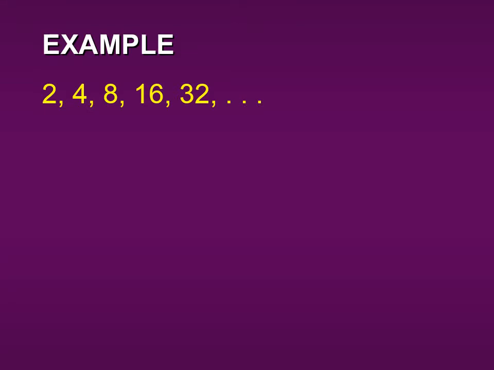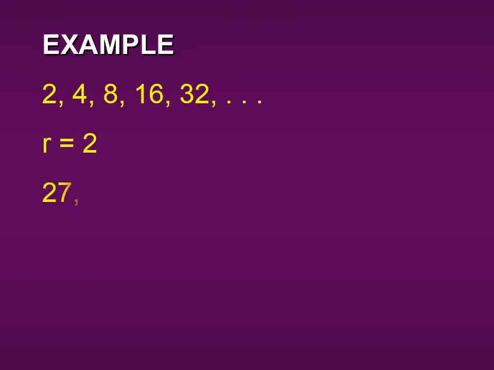to get from 2 to 4, we multiply by 2. To get from 4 to 8, we multiply by 2. To get from 8 to 16, we multiply by 2. Each time we multiply by 2, so that is our common ratio. That is our r. So our recursive formula would be a sub n is equal to r, or 2 times